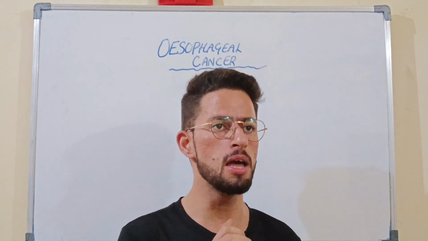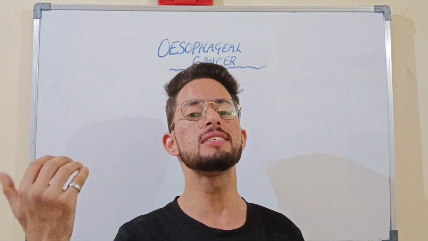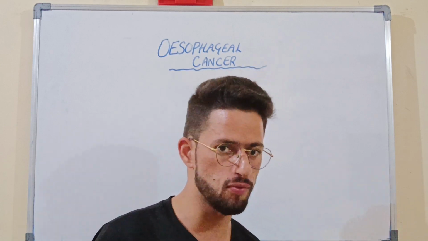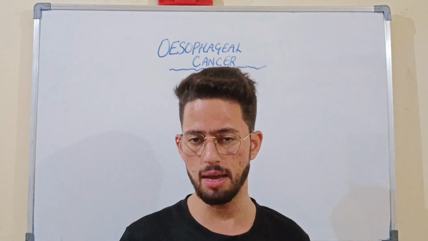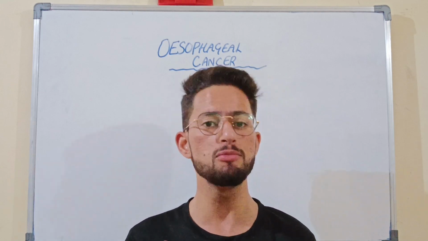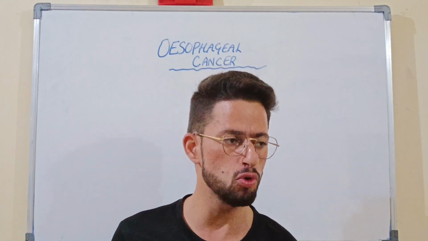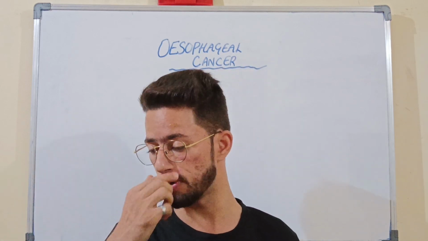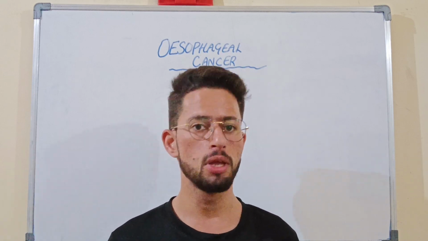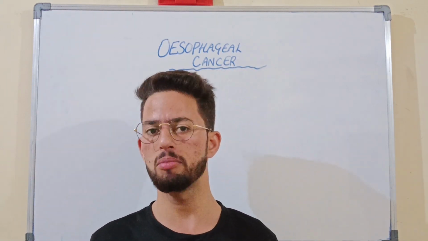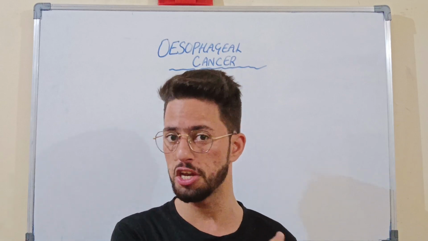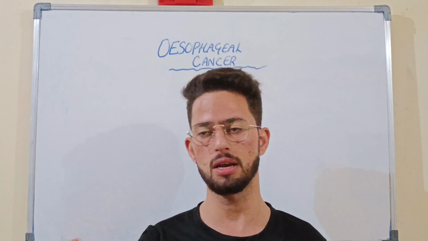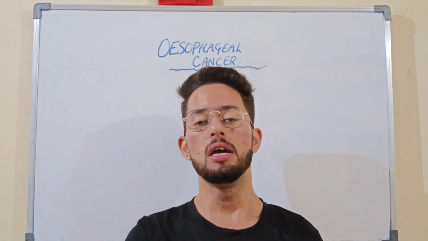What is distant metastasis? It is the metastasis or spread of tumors to organs or structures located near the esophagus. The first one would be M0 and the second one would be M1. M0 means there is no distant metastasis, and M1 means there is metastasis. The tumor may spread to the windpipe, that is the trachea. The tumor may spread to the liver. The tumor may go to other areas near the esophagus. Understanding? It may also go to the lungs. So when the lungs are involved, we can say distant metastasis.